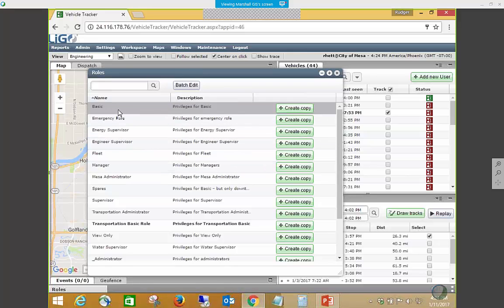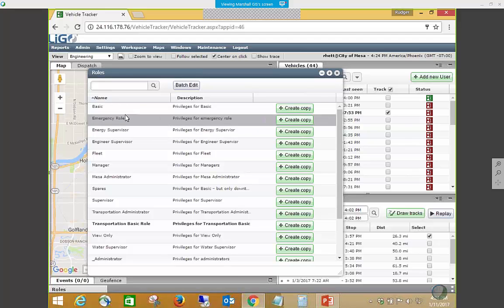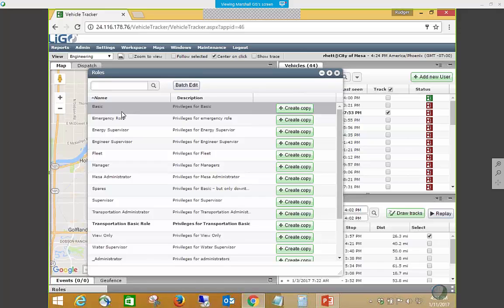Or there's this generic basic too that you could use. So if there's someone in customer service who needs to see all vehicles, but view only, maybe they're taking calls and they need to see all the vehicles, but they can't edit anything. They're just viewing. So it's really flexible in terms of how you set it up